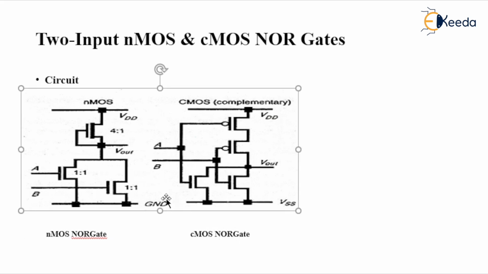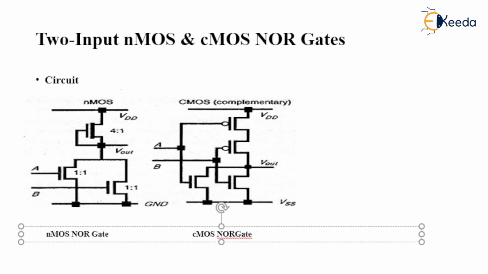So under OR operation in NMOS, the transistors should be connected in parallel. The same thing is replicated here. I am going to connect the enhancement mode transistors in a parallel combination. OR means parallel and AND means series, which we have studied in our NMOS circuit design rules. The same thing I am going to repeat here.